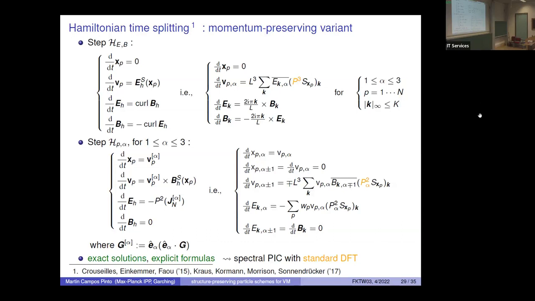Because at the end, here you see you have P2 in the equations, but when you integrate in time these equations, the formula for the exact solution will involve the P3 projection, which is not completely obvious here, but you have an interplay between the time derivatives and the gradients and the divergence of the shape functions using again the commuting properties. And so the explicit solution will involve only P3, which is the standard DFT projection. Okay.